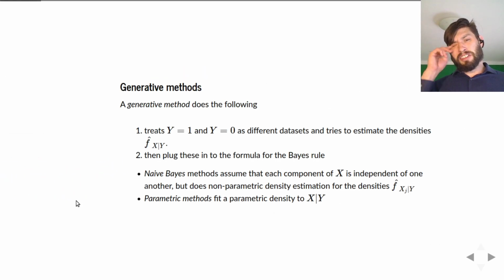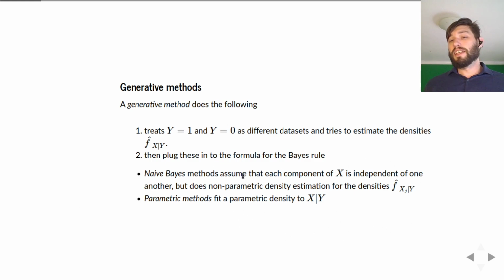Okay, so generative methods, the basic idea is that we're going to do this very explicitly. We're just going to try to estimate these densities of x given y, and then just plug this into the Bayes rule. So this is a plug-in estimator. There's two basic ways to do this. One is through non-parametric methods, and typically we use naive Bayes to do this. And the other are parametric estimators, where we actually try to get a parametric fit to the density of x